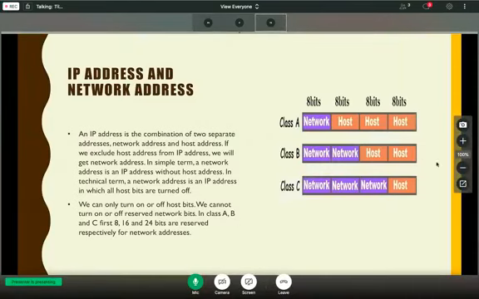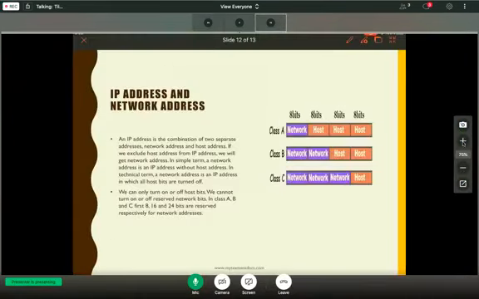Yeah, I can only see the IP address and network address screen.